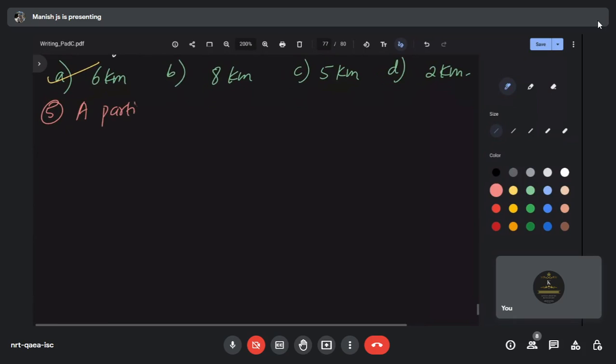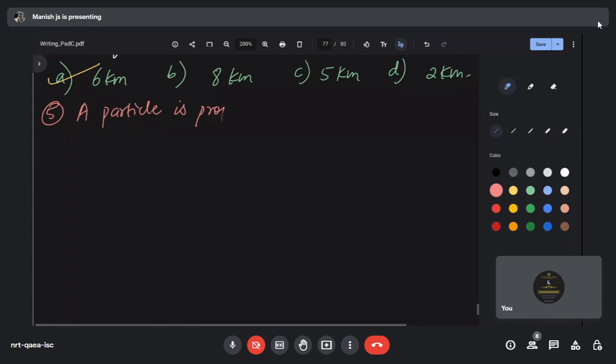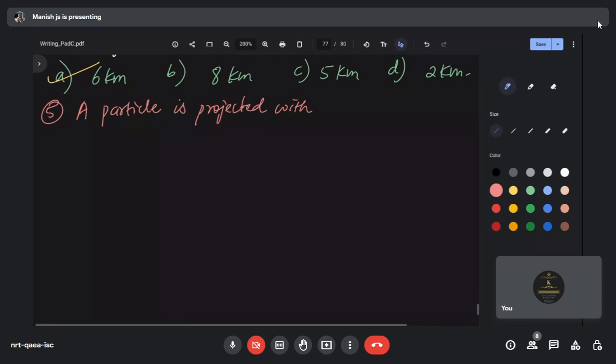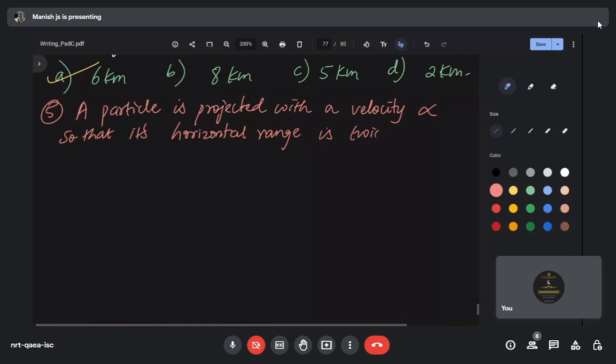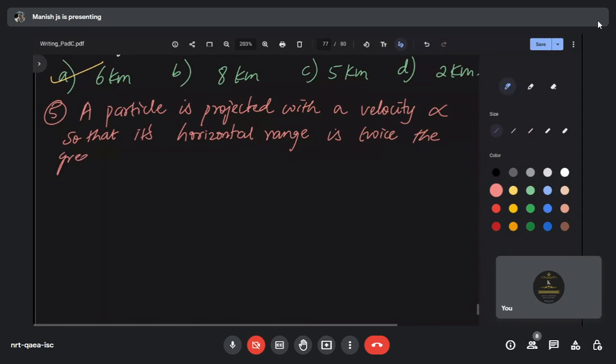Here is a question. A particle is projected with a velocity alpha, so that its horizontal range is twice the greatest height obtained. The horizontal range of the particle is